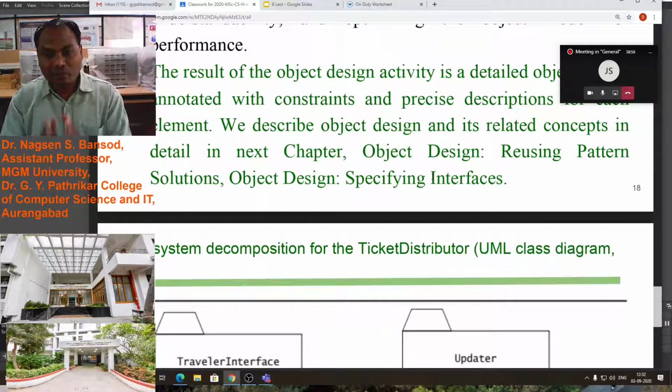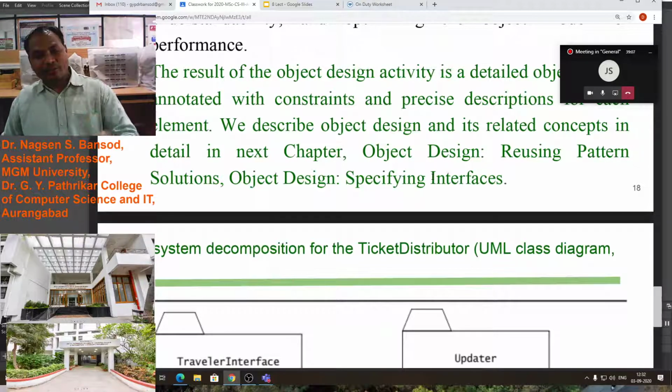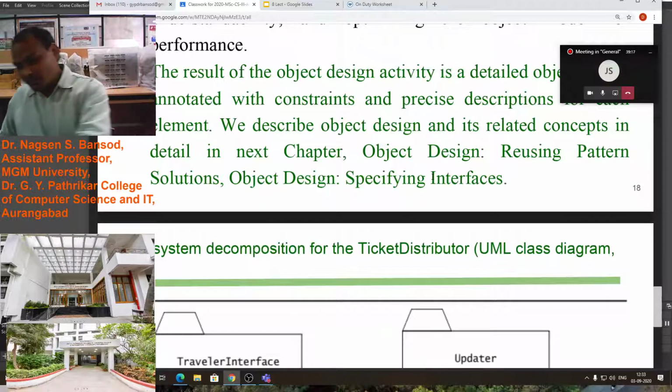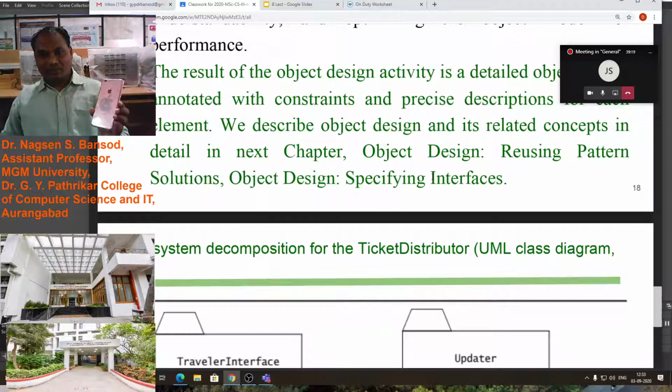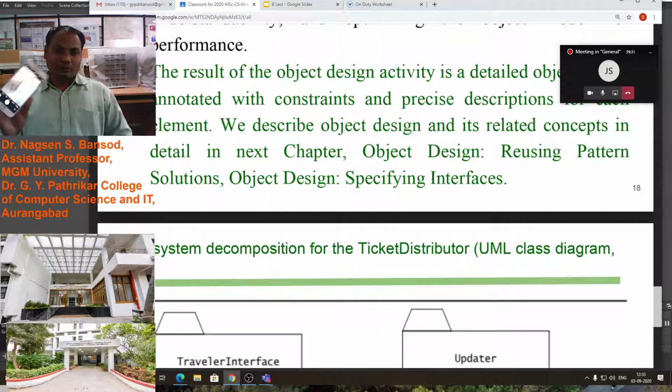So object oriented programming and object oriented software design are useful to reuse patterns. Suppose a similar function is there in software, then we can use that code in another software. Suppose the camera: every mobile phone now has this function. There is software to take the output from the camera.